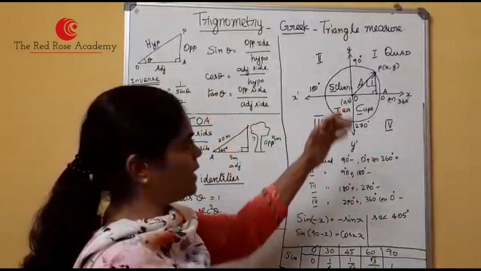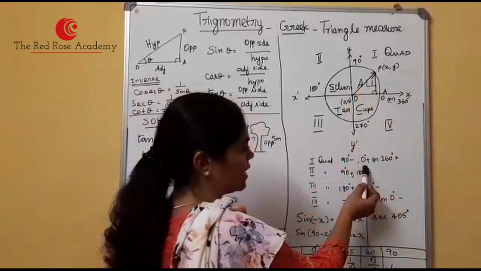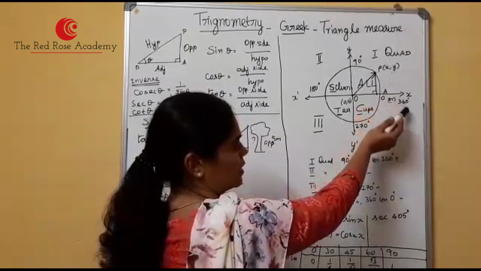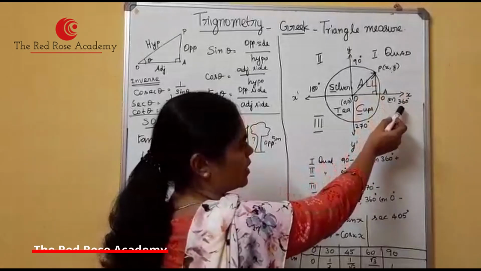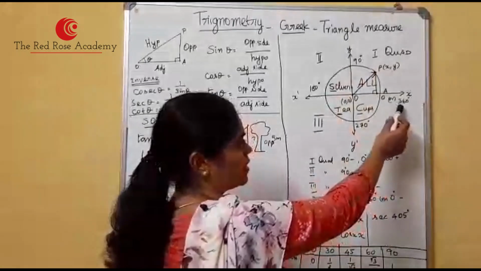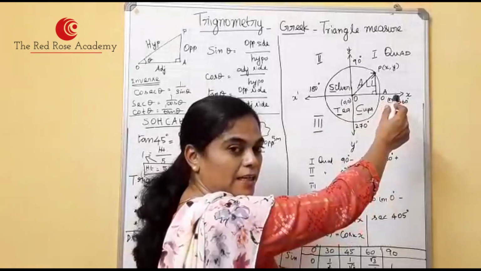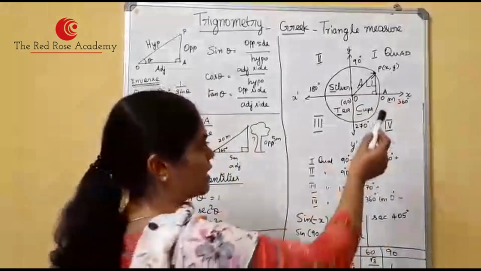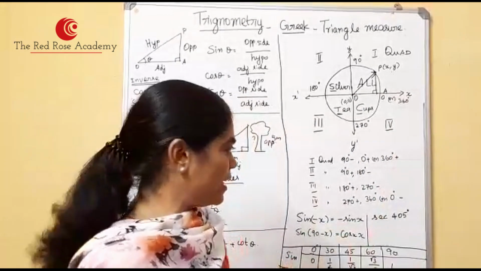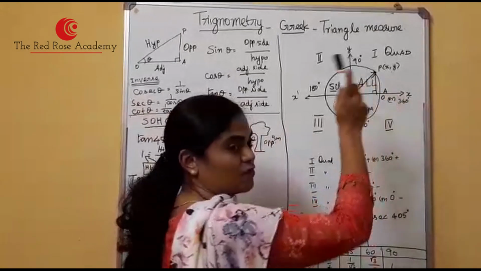Suppose we wish to see here in this first quadrant, what is the first quadrant? 0 degree plus or 360 degree plus. For example, what is this 360 degree? If a particle is completing one circle, then it is around 360 degree. 90 plus 90 is 180, 180 plus 90 is 270, 270 plus 90 is 360 degree. Or we may say the starting point is 0 degree and the ending point is 360 degree. Both are the same, right? So 90 degree minus and 0 degree plus or 360 plus is the first quadrant.